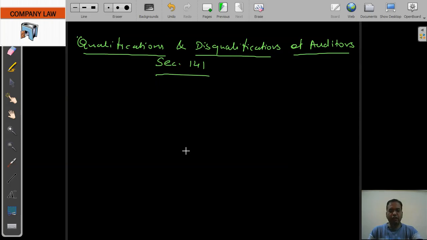Okay, so qualification is basically he should be a person eligible to be appointed as auditor, and he should be a chartered accountant. A firm where the majority of the partners practicing in India are qualified chartered accountants, and where a firm including LLP is appointed as auditor, only the partners who are chartered accountants shall be authorized to act and sign on behalf of the firm. So basically, what is the qualification? So qualification you can say in two ways.